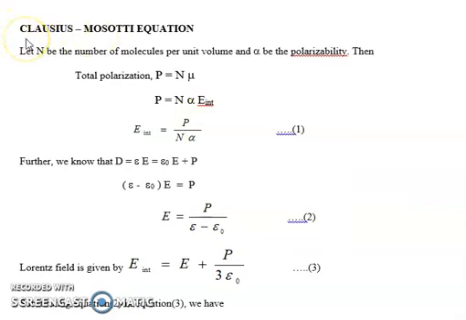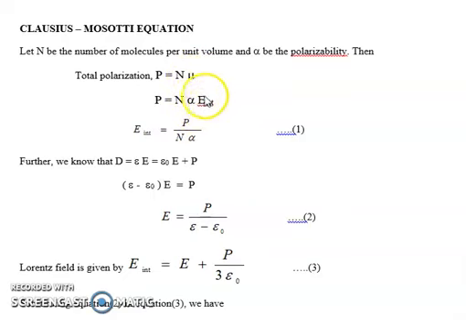After deriving the internal field or local field, we have to see this relation that is known as the Clausius-Mossotti relation. Let n be the number of molecules per unit volume of the dielectric material and let alpha be the polarizability. We know that polarization P is a vector, and we have seen this in basic definitions. Polarization P is equal to N into mu. Mu is nothing but the induced dipole moment, so mu is given by alpha E.